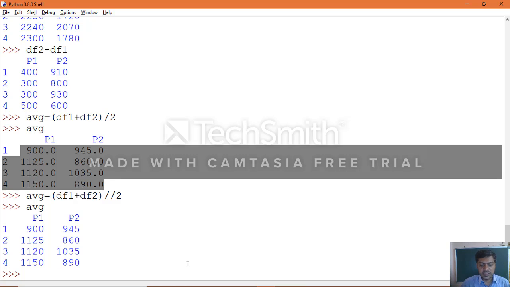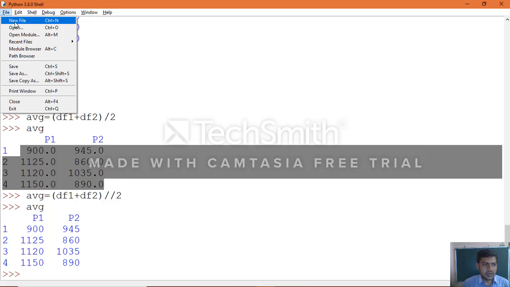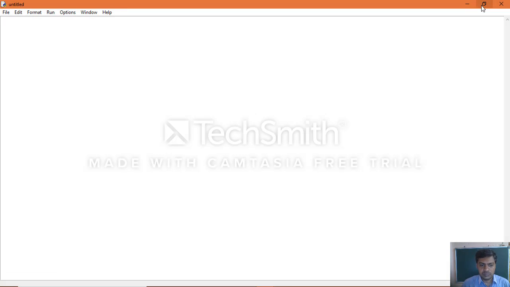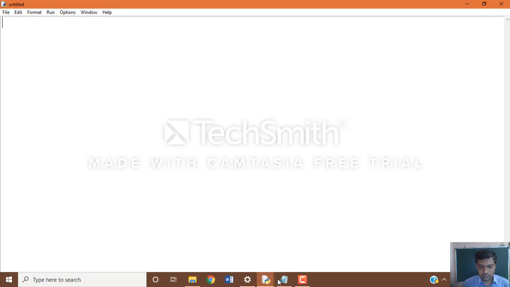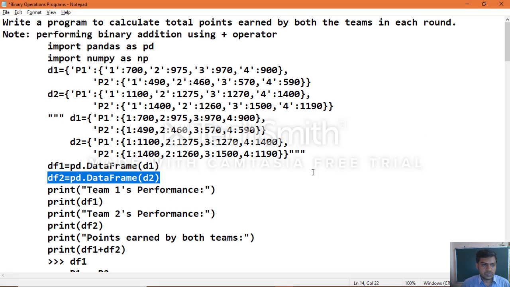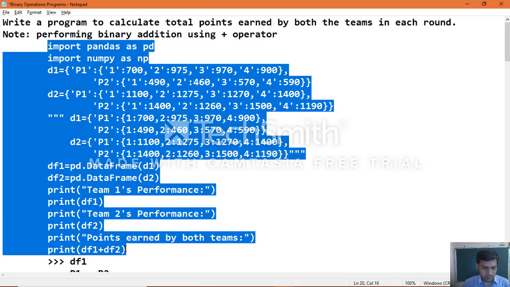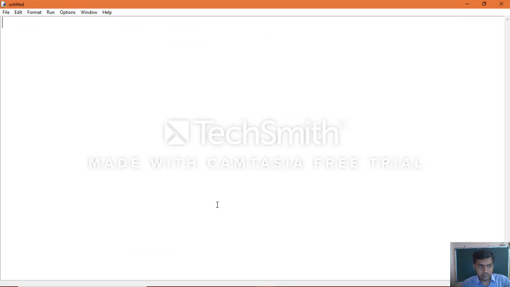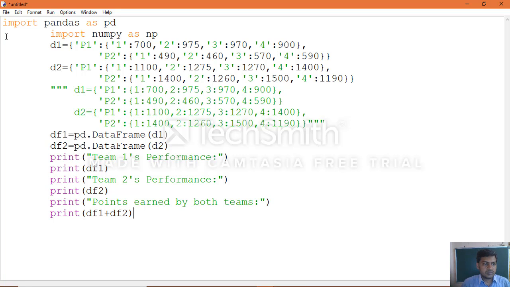Now the same thing we will execute through the script file. Each one will execute through the script file. Write the program.